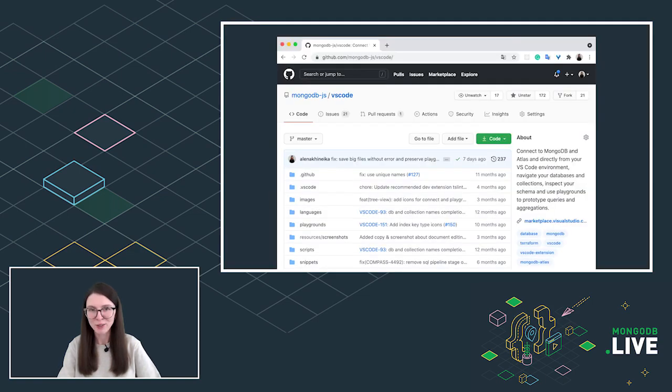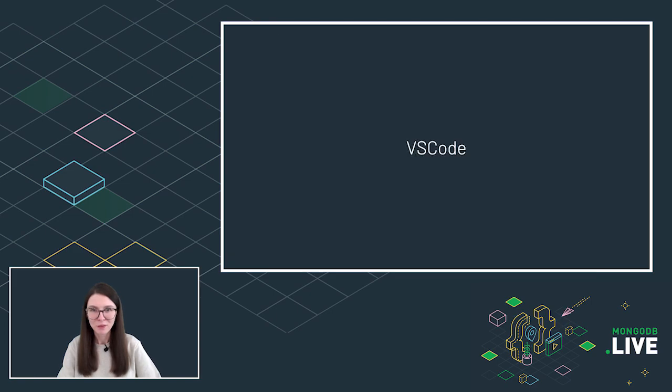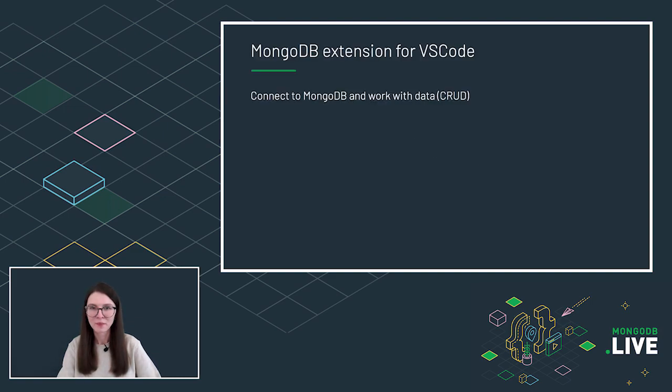The MongoDB extension for Visual Studio Code is an open source project, so you can check the repository and further explore how all these parts work together. Visual Studio Code is one of the most popular IDEs these days, and being an active user of Visual Studio Code myself, I'm always excited to see how new extensions complement the core functionality of the editor. With the MongoDB extension, users can connect to local or remote clusters, navigate and modify their MongoDB data, and they don't have to switch between applications anymore.